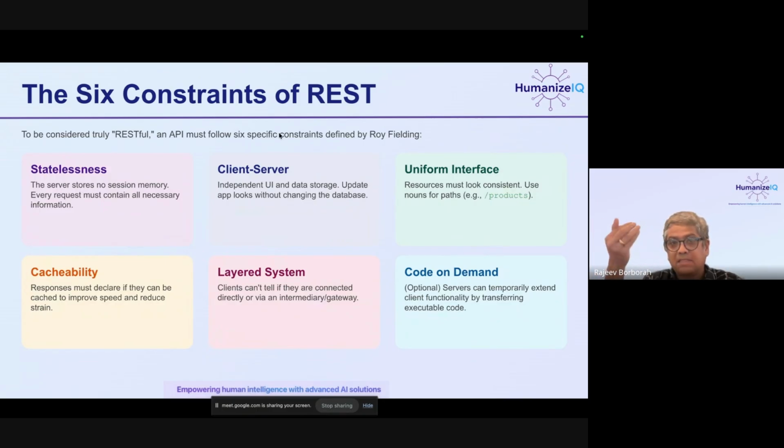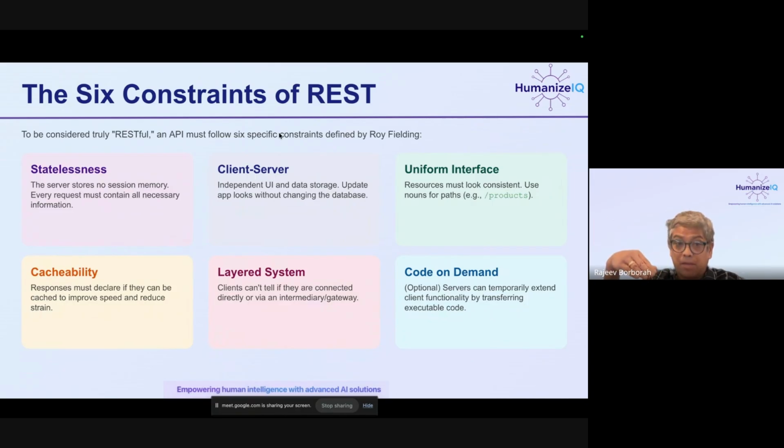So they are stateless, there's a client server, there's a uniform interface, which means that all APIs look very similar kind of thing, right? Like they do not follow any random words kind of thing. So there is a pattern. There's always a pattern to the API format. If you know the format, you can pretty much guess what it is. For example, if the API to get product ID 1 is /product/1, then the API for getting the second product will be /product/2 and /product/3, right? So there is a pattern to it.